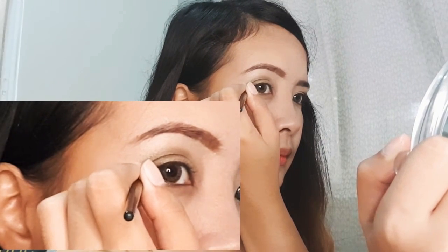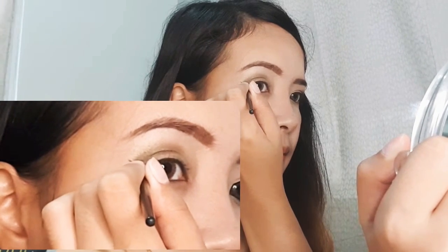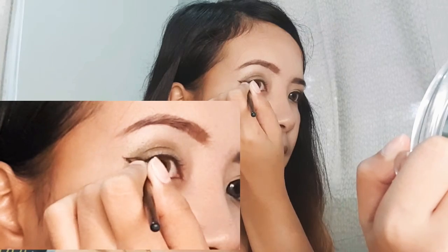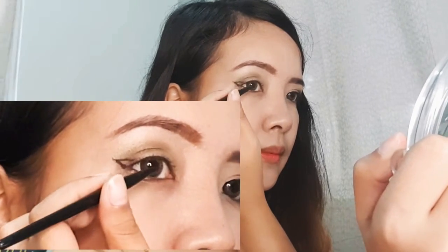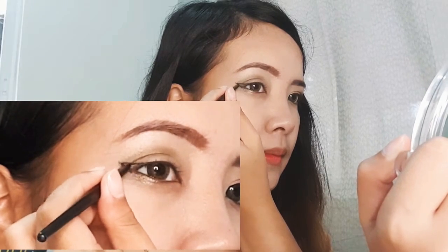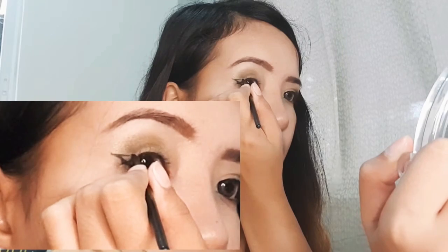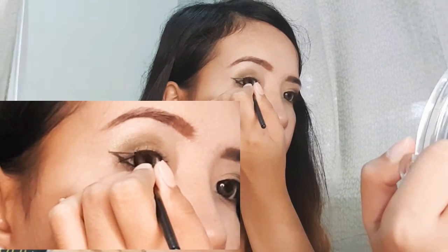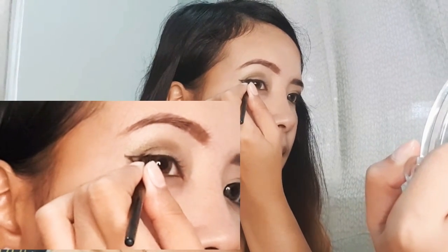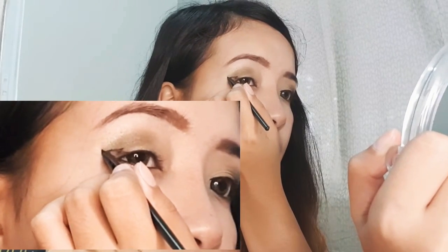Two-thirds away from the tip, connect mo ito papunta sa lash line mo to make a triangle. Tip ko lang sa inyo, pwede nyong ipatong yung elbow ninyo na naghahawak ng applicator or ng brush sa isang sturdy surface para mas stable yung kamay ninyo at hindi masyadong manginig. So now,